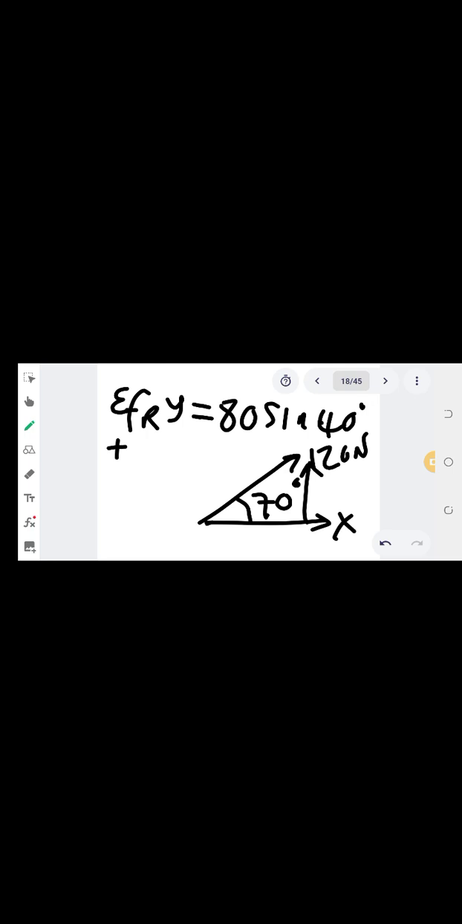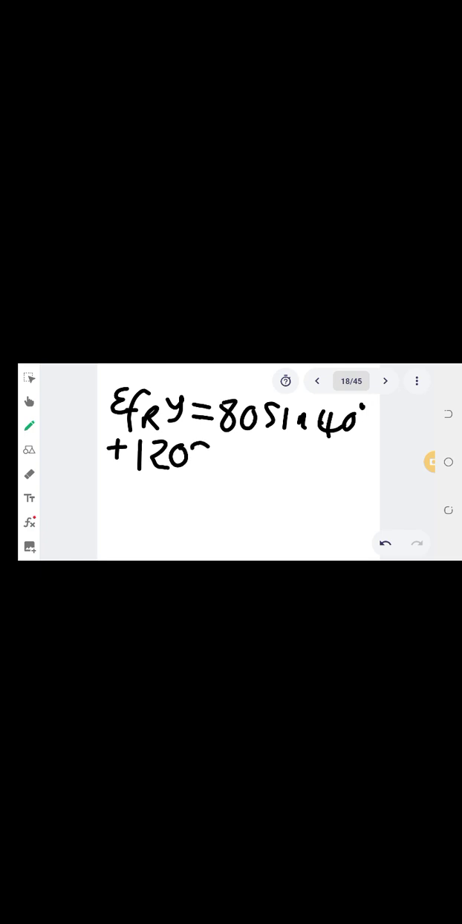Since it is the opposite, we have got the hypotenuse of 120 newtons here, and we are looking for this opposite. So the trig ratio applicable there is the sine ratio. So it is 120 sine 70, plus